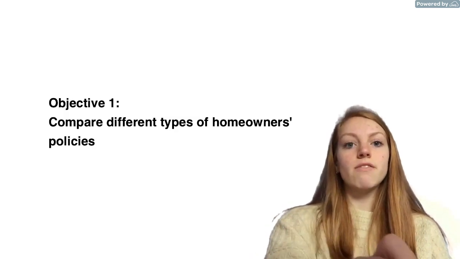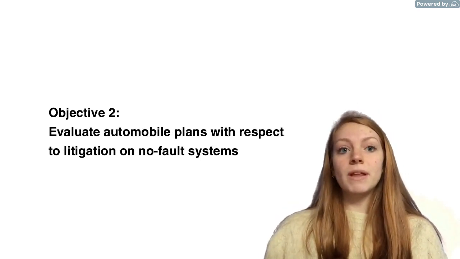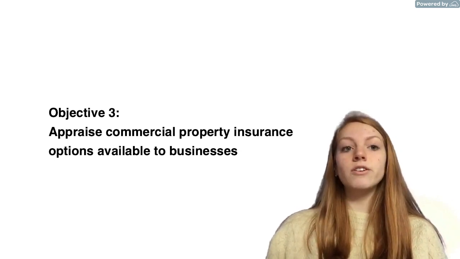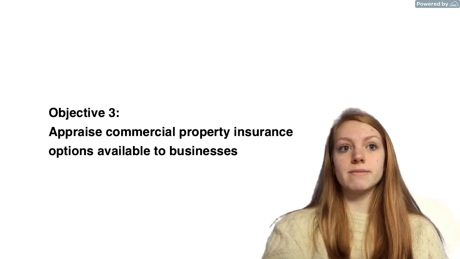There are 3 learning objectives. The first is to compare different types of homeowner policies. The second is to evaluate automobile plans with respect to litigation and no-fault systems. And the third is to appraise commercial property insurance options available to businesses. We are now going to jump right into Objective 1